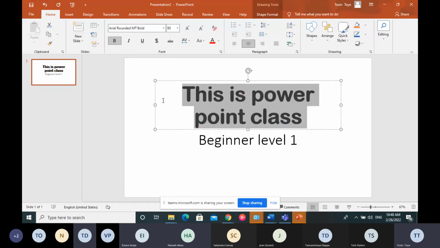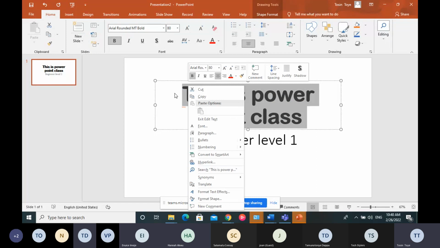This is what it looks like. So you can see I've increased the heading. So this is simply how to increase a heading in PowerPoint. You highlight the text, you right click, and then you select the bold option, or better still, you can go to the ribbon up here and click